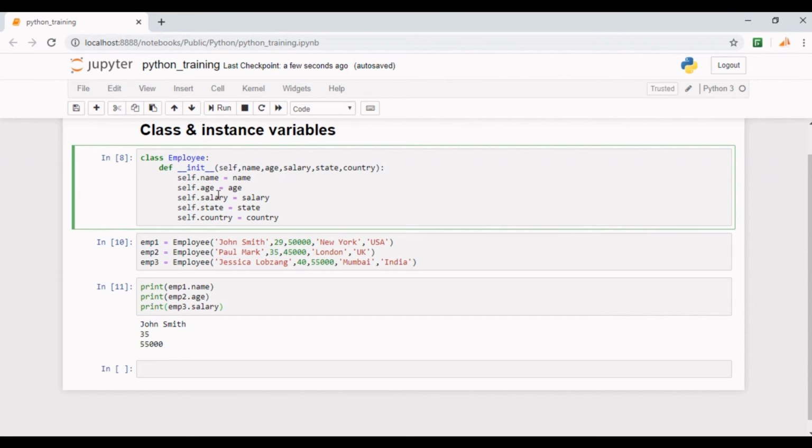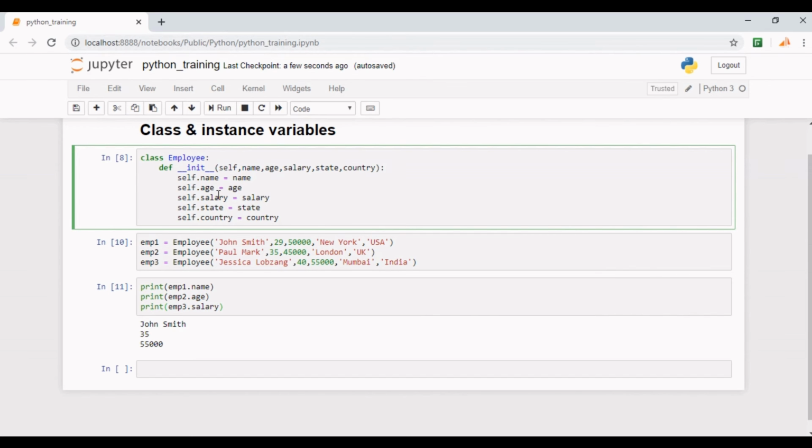Let's see how we write a method inside a class. Let's say you want to create an email ID for each employee using 2 of these attributes, say age and country, which will have some format like age of employee underscore country name followed by @company name.